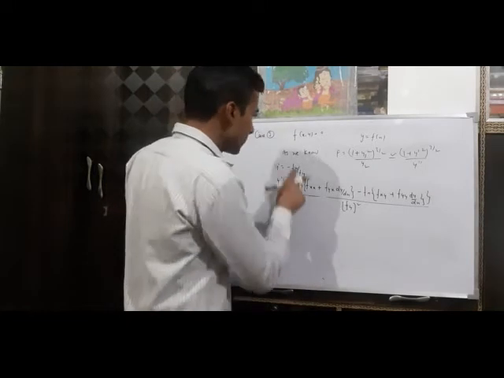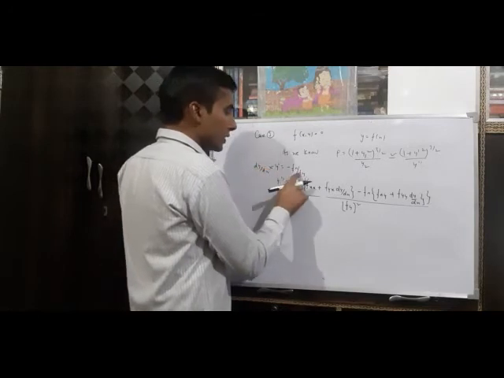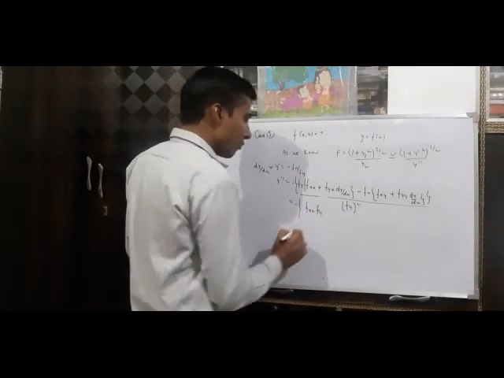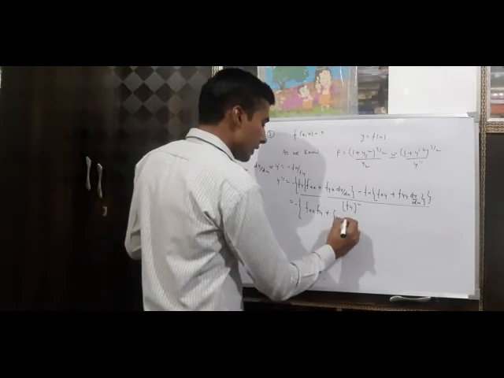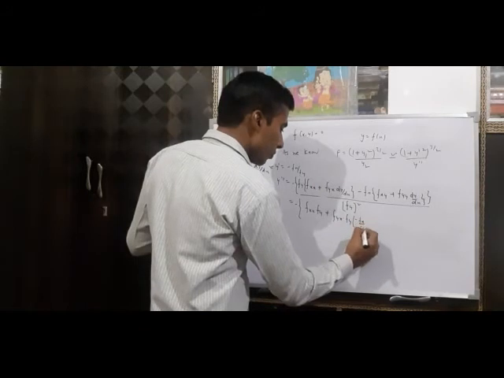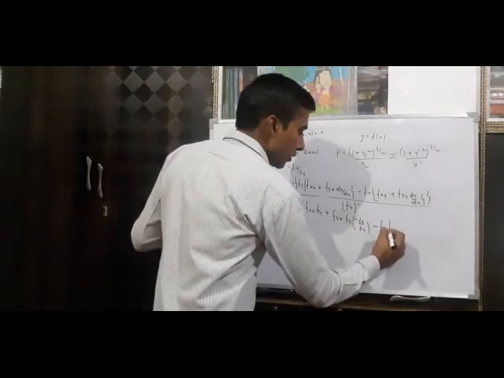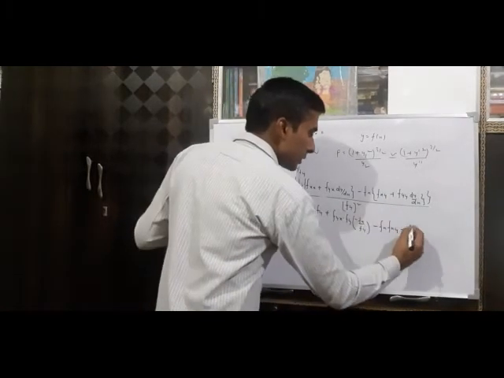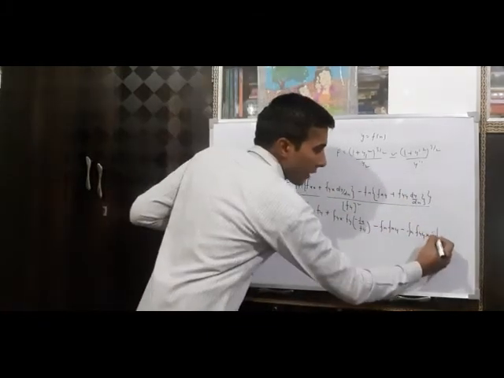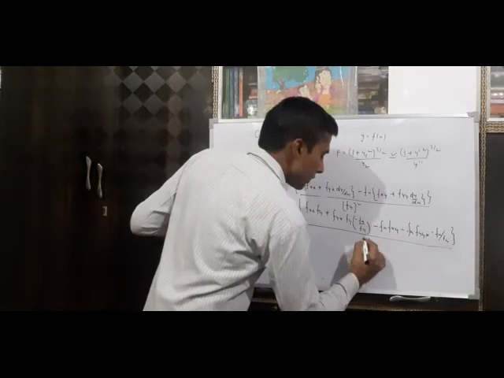Now when we simplify this and put the value of dy/dx as minus f_x upon f_y, this can be written as f_xx f_y plus f_yx f_y, and dy/dx is minus f_x upon f_y. After this, minus f_x into f_xy minus f_x f_yy, and the value of dy/dx is minus f_x upon f_y, and the whole thing is divided by f_y cube.